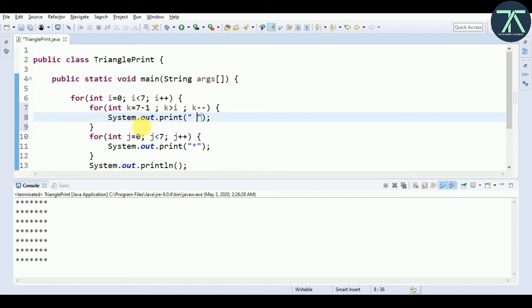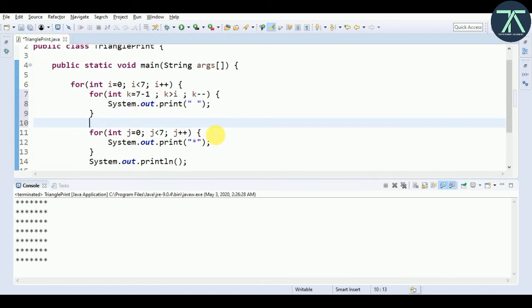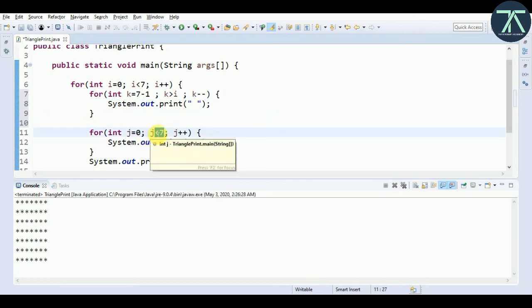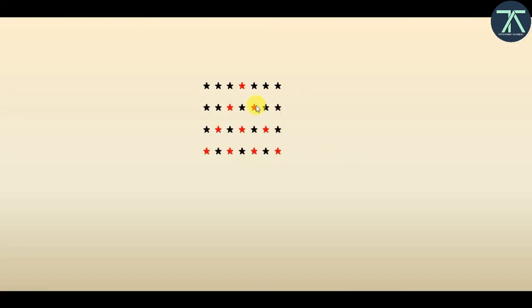Now to print the stars, the condition should be j equal to 0 and j less than or equal to i. Why so? Because every time we will print the number of stars based on the row. If we go back, we can see the first row contains only 1 star, the second row contains 2 stars, the third row contains 3 red stars, and the fourth row contains 4 red stars.